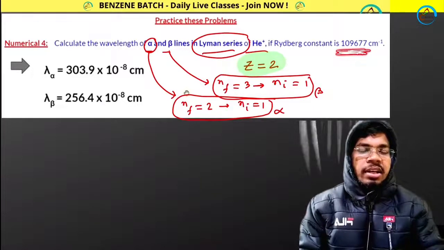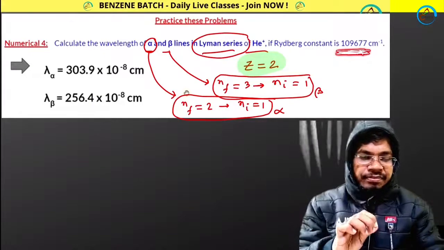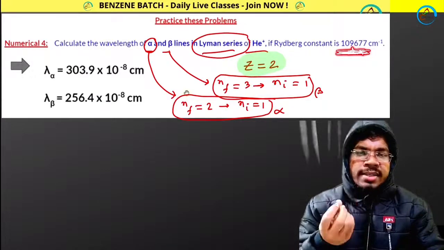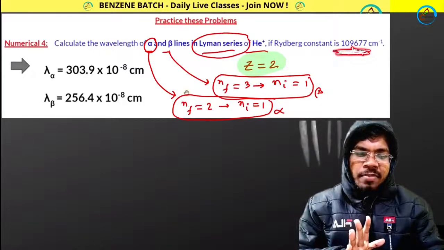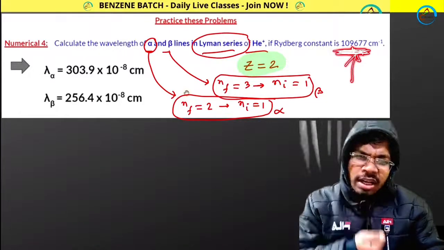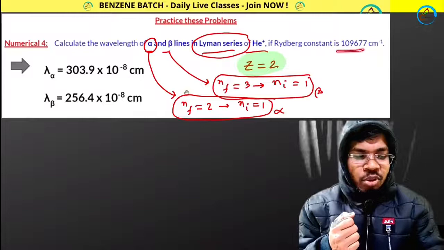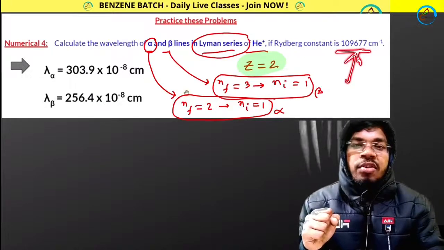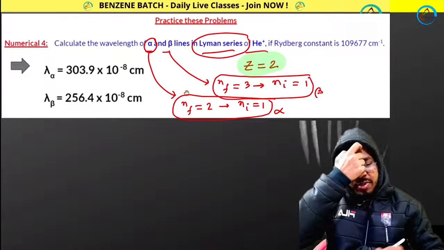But in your examination, the Rydberg constant will be given. So in your examination, whatever Rydberg constant is given, consider that Rydberg constant. Do not consider the Rydberg constant which you know already. Don't put that. Whatever value is given, put that one. And finally, if no Rydberg constant value is given, then whatever value you know, just put that. Because if you don't use the given Rydberg constant, your answer will not match the examination answer. That's why they provide you the Rydberg constant value. Got my point? If you got my point, write GI in the comment box, because this point is very important.